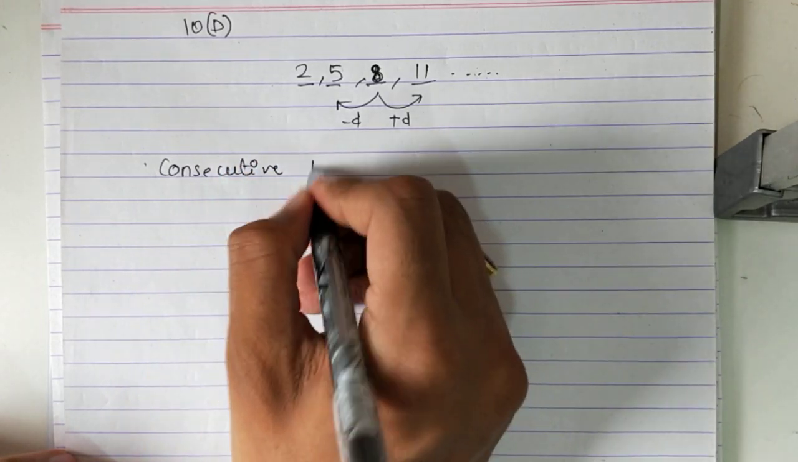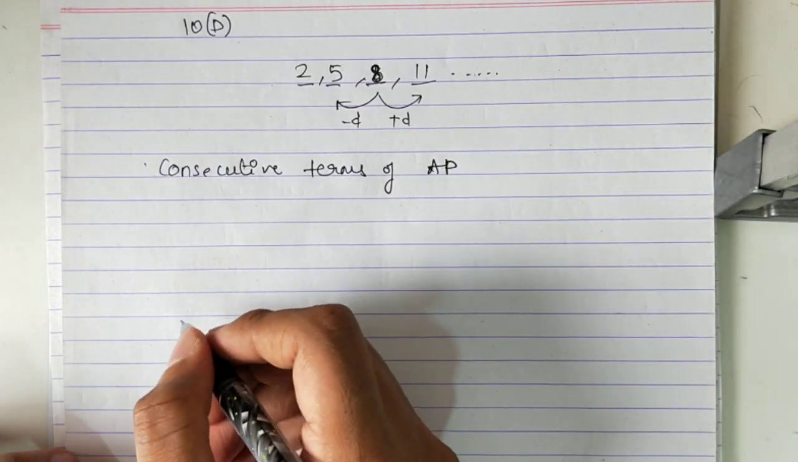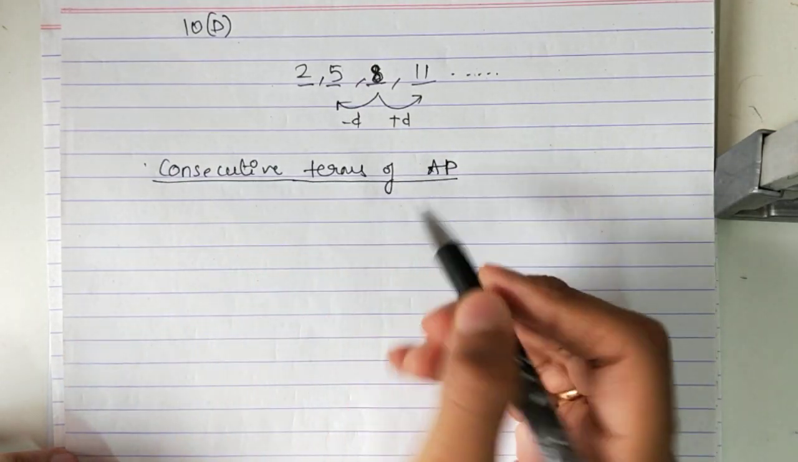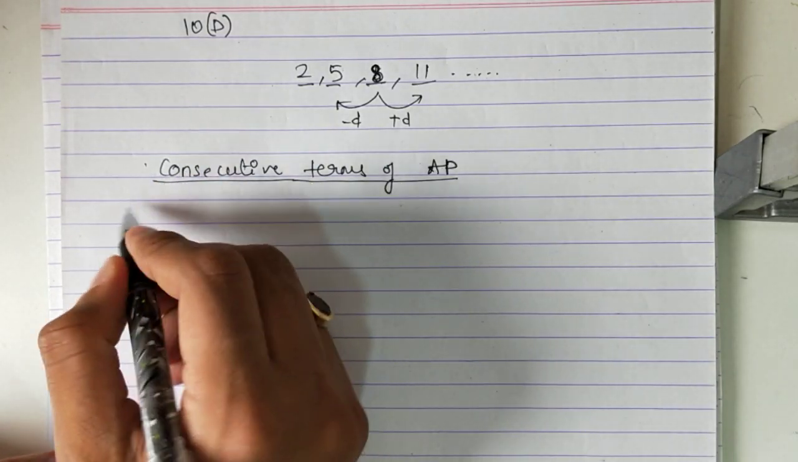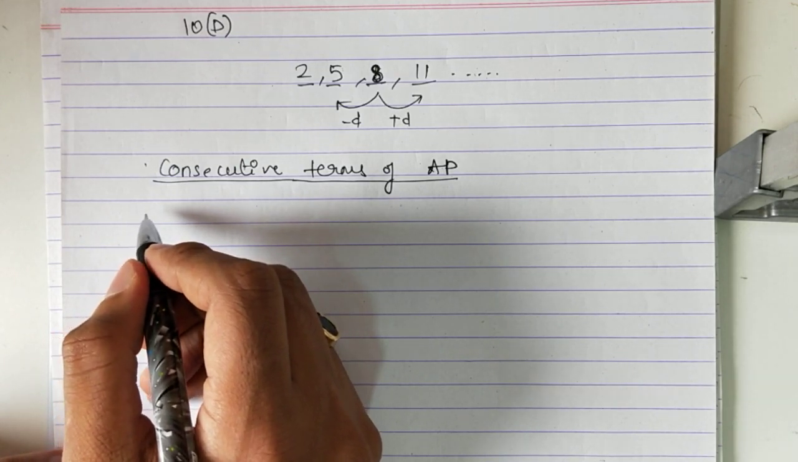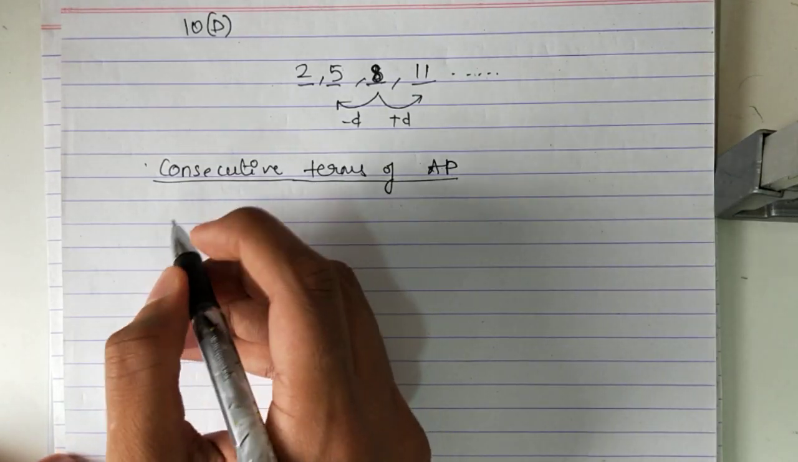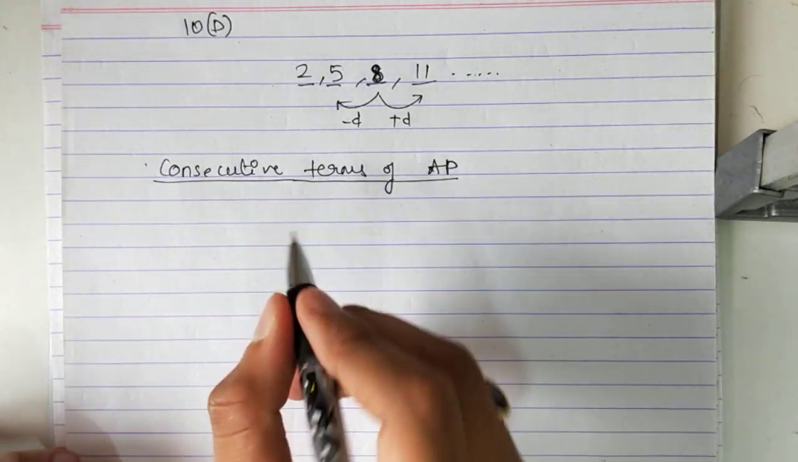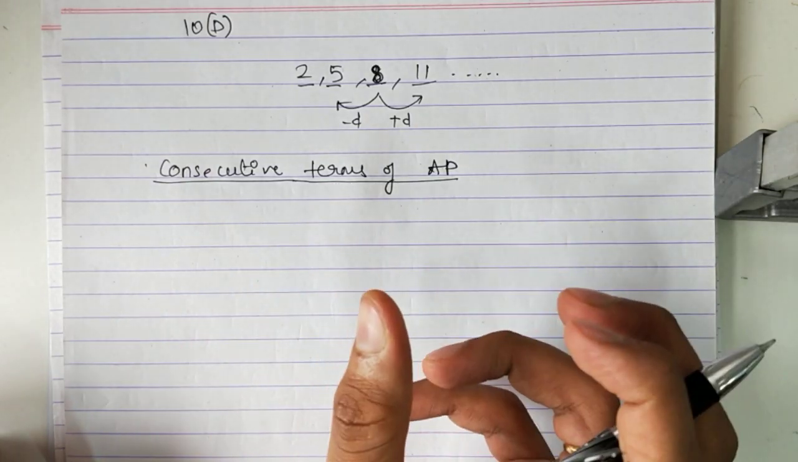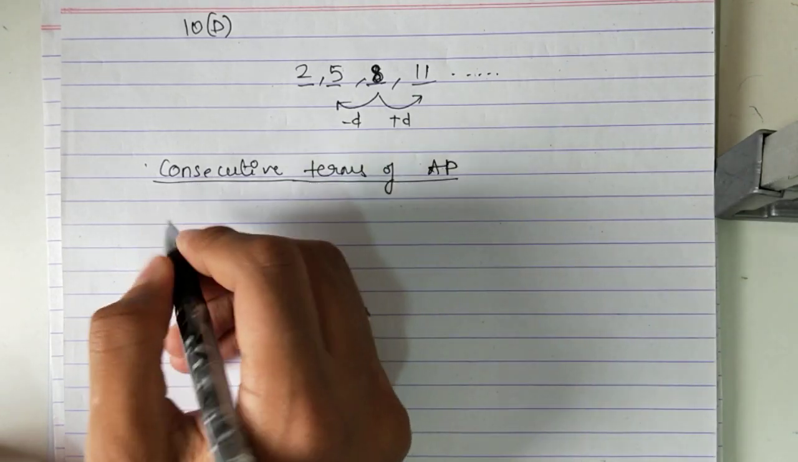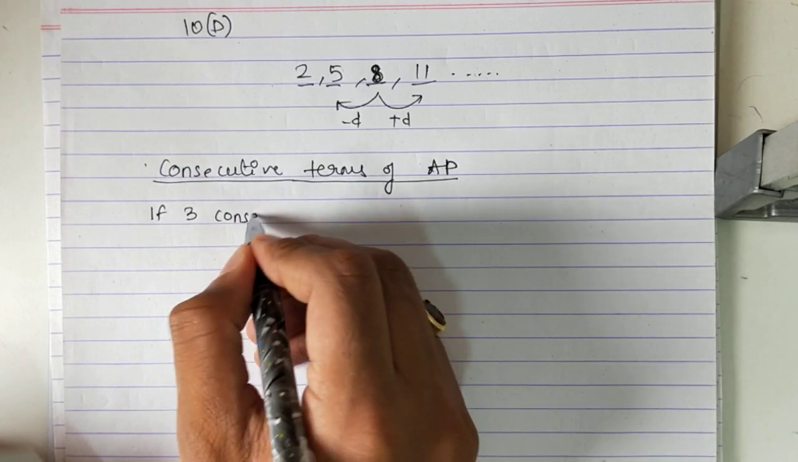What will come? Consecutive terms of AP. They will give you consecutive terms of AP. So how many consecutive terms? If they give you 3 consecutive terms of AP, and remember one thing, they will give you the sum. They will give you the sum of 3 terms, sum of 4 terms, sum of 5 terms, like that. Okay. So if 3 consecutive terms are given,